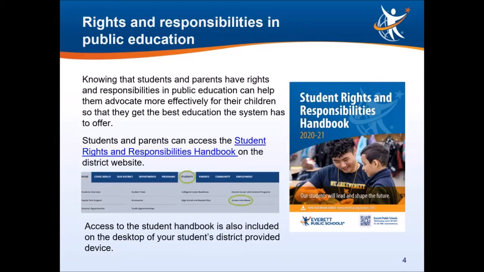From there, select Student Handbook. This will take you to the Student Handbook page. The handbook can be downloaded as a PDF file and is available in English, Arabic, Spanish, Russian, and Vietnamese.